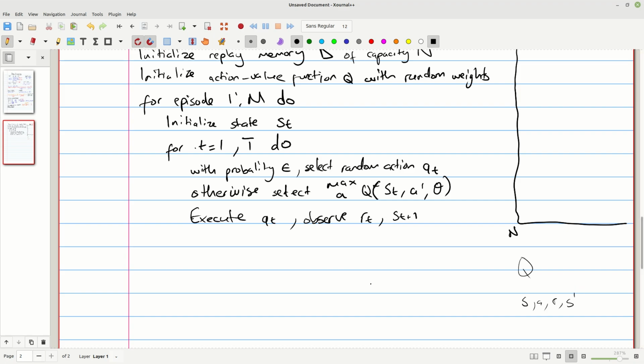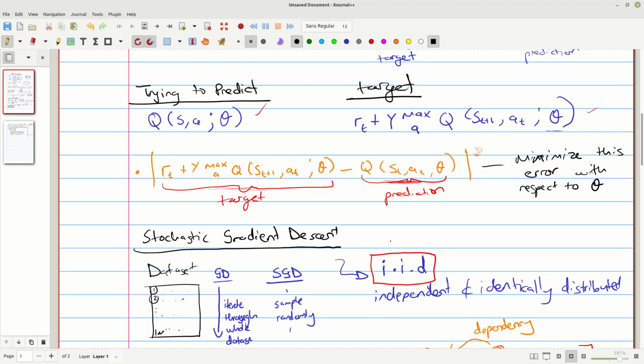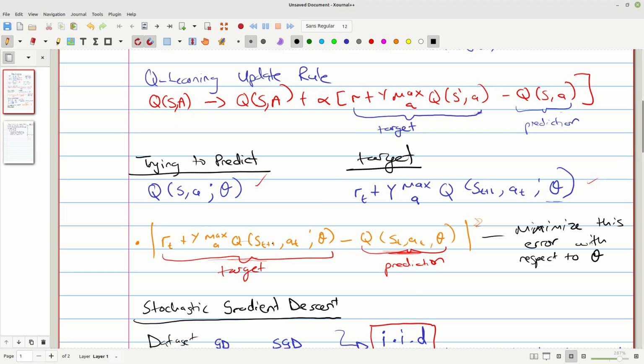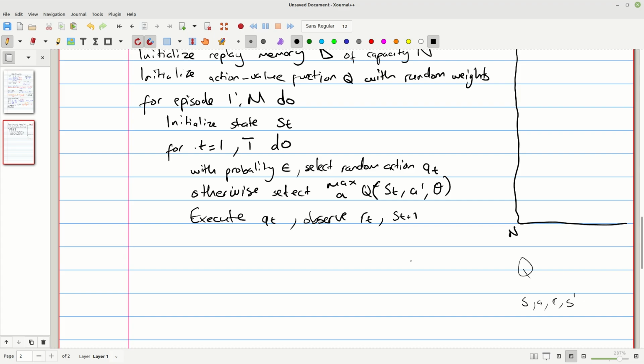And usually what we would do is we would use this experience to update our weights using some formulation, right? Because again, the goal here, if you remember, is we want to minimize this error, where this was target and prediction. So that's what we normally do. We would use this episode that we started: we initialized state S, took an action, observed the reward, and now we're in the next state, and would expect to update our theta value. But instead of doing that, we're going to store this transition